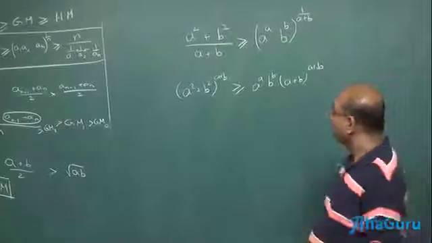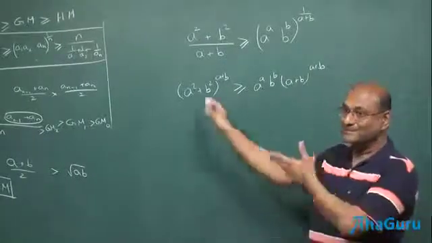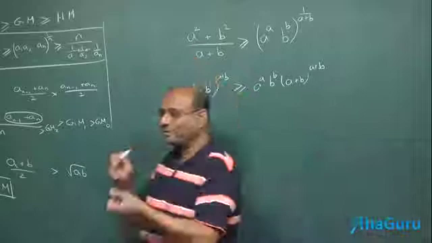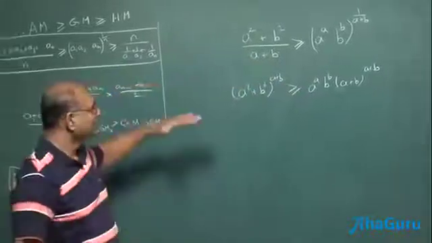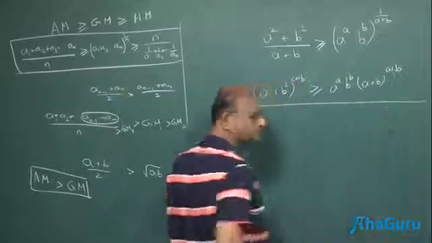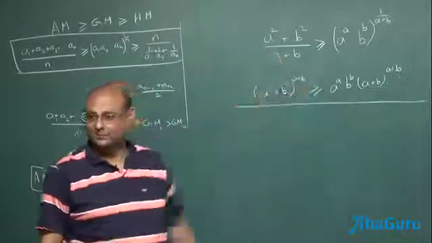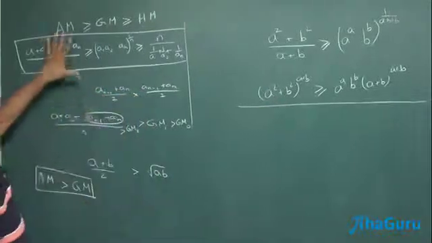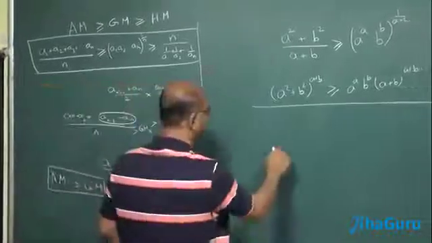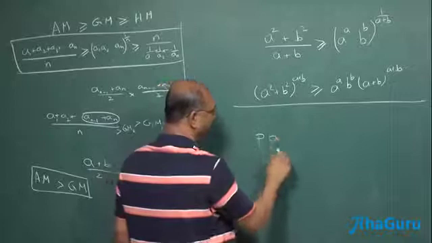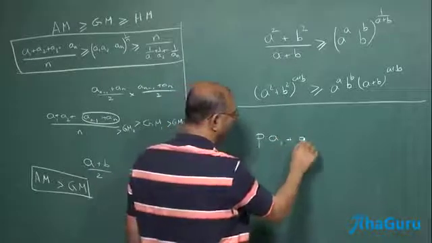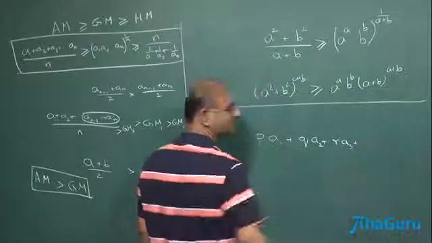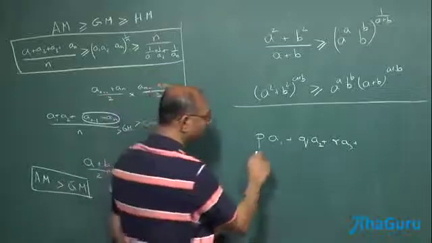Now, this one doesn't look like arithmetic mean, geometric mean, but it is. So this is one of the places where you can use that same idea, modify it, and you can get something that looks like this. So this is one important application. I'm not saying this particular problem, I'm saying things like this you can come up with, and this will be an important application. There is one more general case. Okay, so in a general case you can say, if I had p a1's and I had q a2's and r a3's and so on, what is the arithmetic mean?